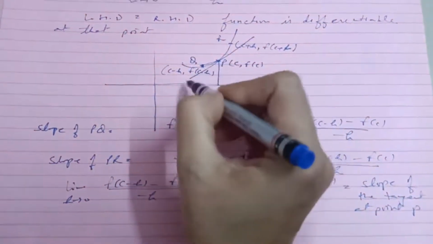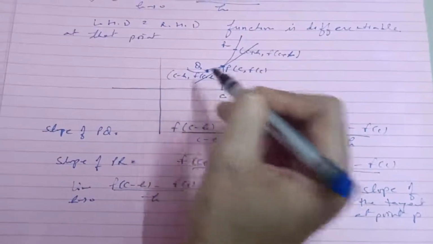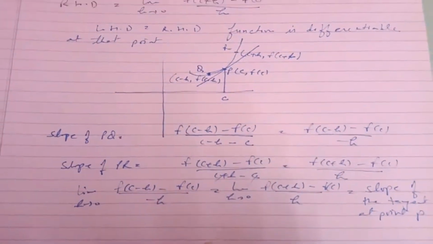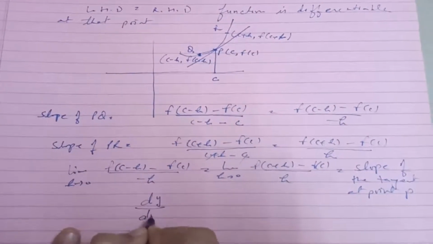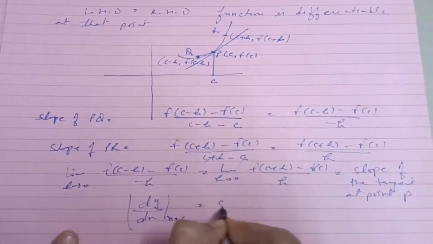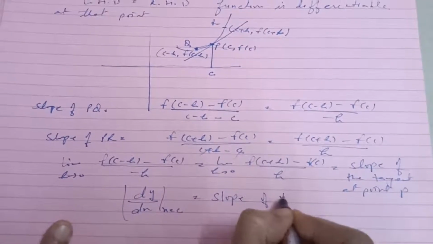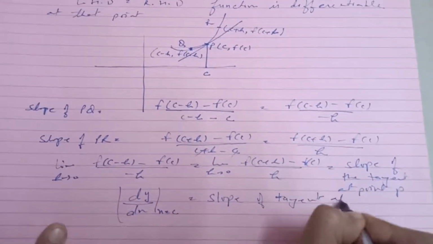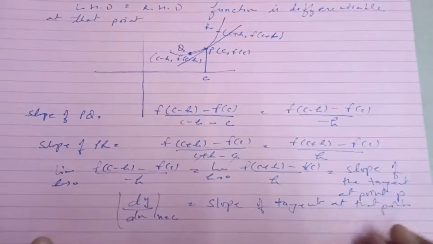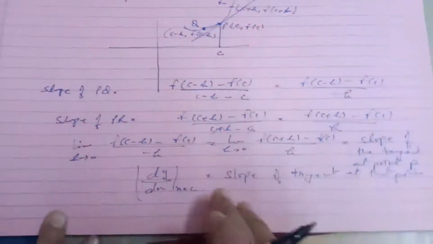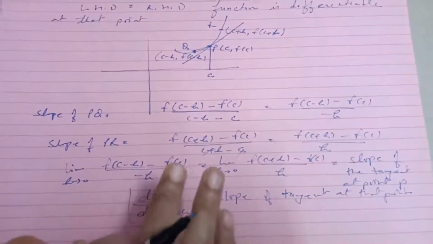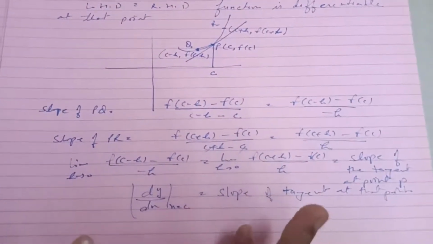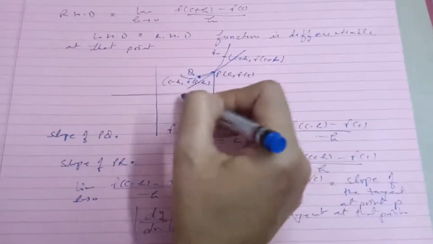Very important, differentiable का मतलब क्या है? उस point पे you are able to draw the tangent. So derivative of f, what it is giving at that point? It is giving the slope of the tangent at that point. dy by dx at that point x equals c is the slope of the tangent. You can see, very good concept is there. If function is differentiable, it will be always continuous, and if function is not continuous, it can't be differentiable. Means अगर continuous नहीं है तो आप tangent तो draw ही नहीं कर सकते.